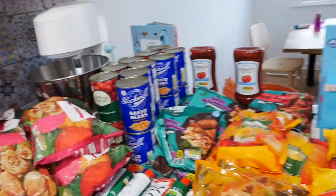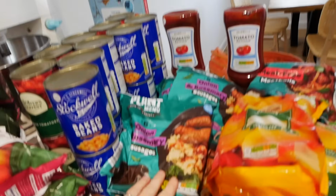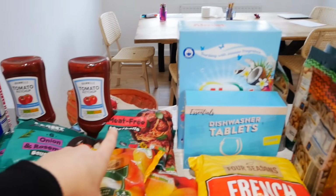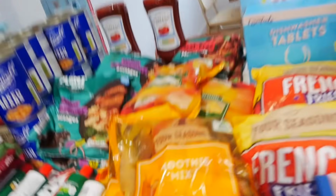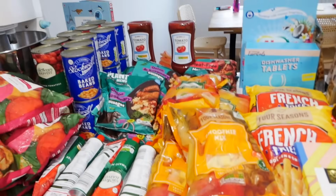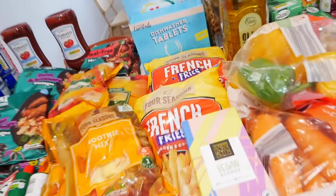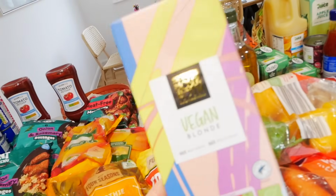Then let's move on to Aldi. I bought like 6 of these vegan sausages. They're the cheapest that I found at 99p for 6. And I bought a couple of the vegan meatballs, 2 ketchups, 5 bags of frozen fruit which we use for smoothies, some washing detergent, some dishwasher tablets, 2 packs of chips, some vegan chocolate for myself,